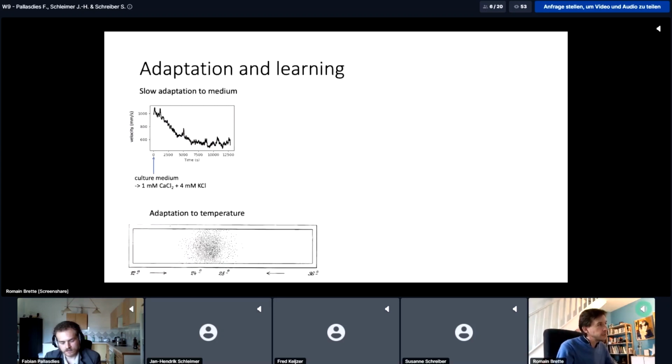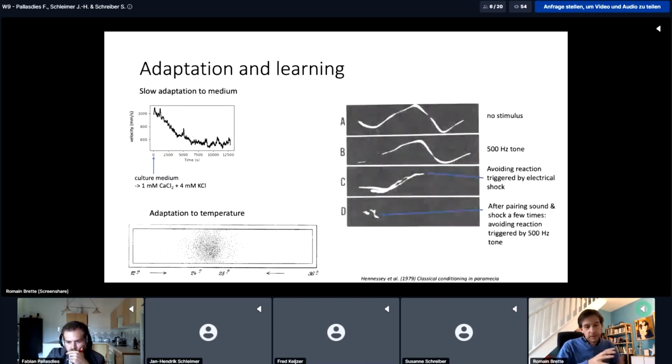And so here what you see is the adaptation of velocity, so one aspect of behavior with time when you change Paramecium from the culture medium to some other ionic medium. And so after a couple of hours, you see that the behavior adapts and becomes as it was before. So there is some homeostasis of behavior through changes, actually, of physiological properties of channels. There's also adaptation in temperature. That is, there is thermotaxis, where Paramecium swims towards the temperature at which it has been adapted.